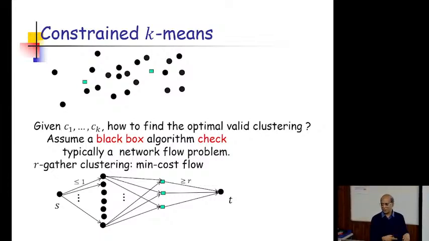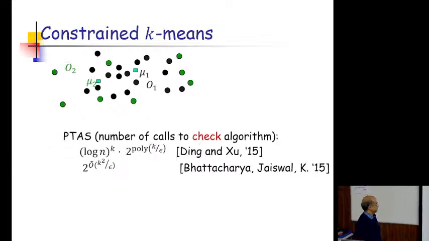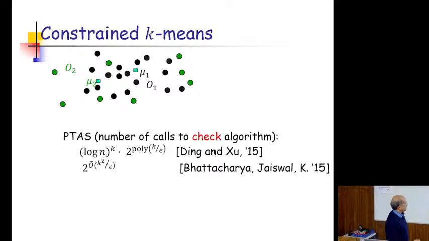Right? So depending on what specific problem you are solving, there could be a different check function like that, which tells you whether a given clustering is valid or not. So this is something we'll assume is given as a black box, and you can just call it to check whether a given clustering is valid or not. Okay? So far so good? Good. So what are the results?